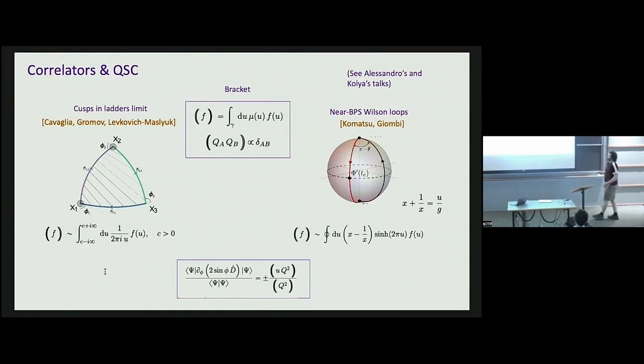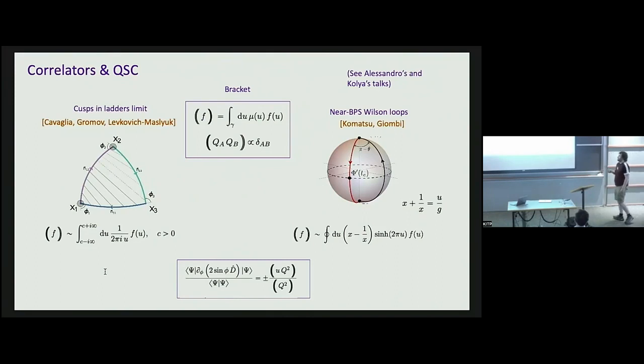So the first regime is looking at cusped Wilson loops in N equals 4 in the so-called ladders limit, where only a certain number of Feynman diagrams survive. And the second group looking at near BPS Wilson loops. And both of these groups show that you can actually express certain correlation functions using Q functions with very, very simple structure. And the key object which you need to actually write down the correlation function is an object which